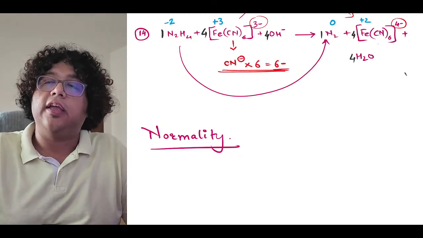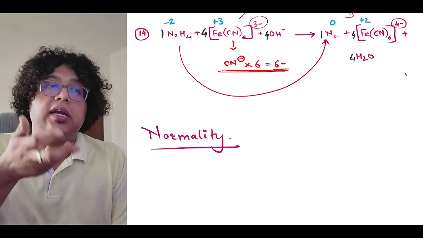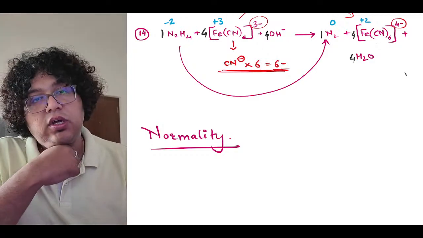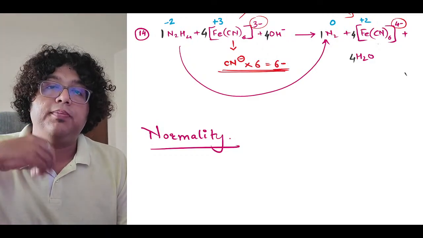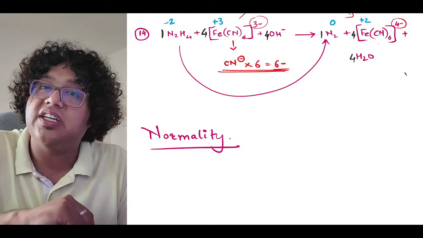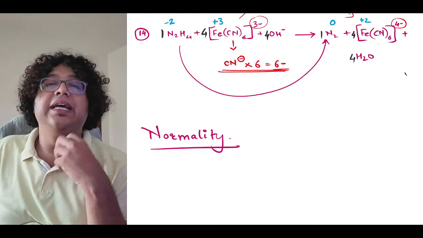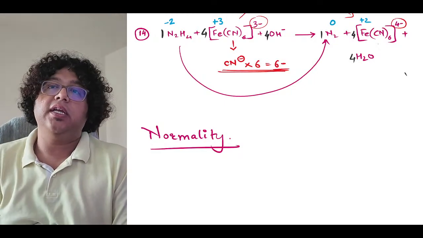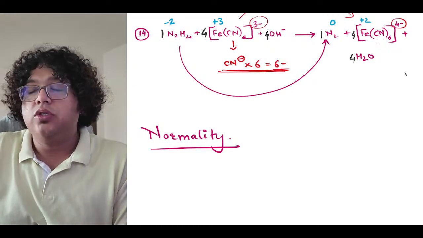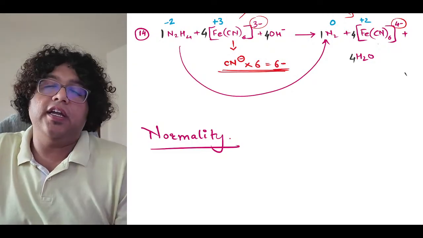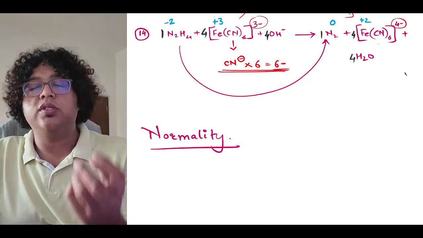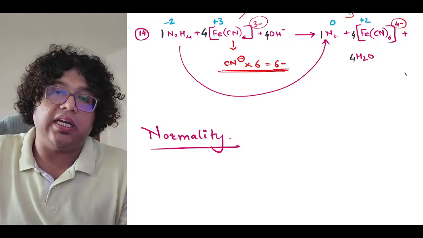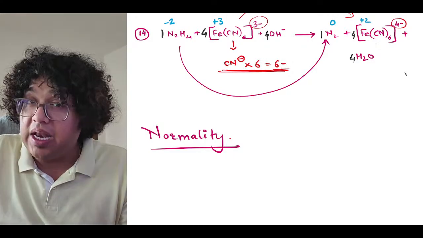Now, a solution can have different concentrations. Like I used to say, if I have a cup of tea, some people might like a cup of tea with 1 spoon of sugar, some might like 2 spoons of sugar. So we are talking about people having tea with different concentrations of sugar. This concentration had to be converted into a usable unit, used on a day-to-day basis. So this concentration was defined in the form of molarity: the number of moles of any substance dissolved in 1 liter of solution.